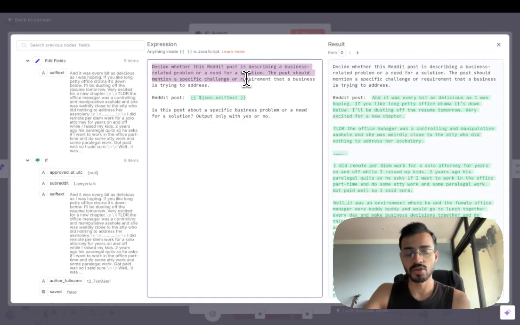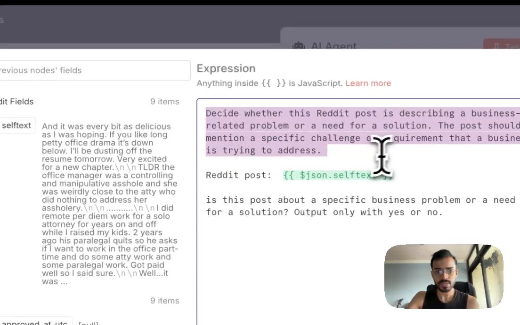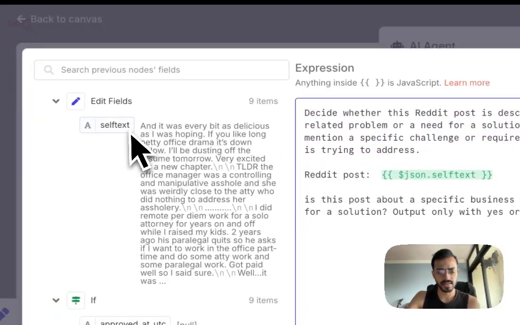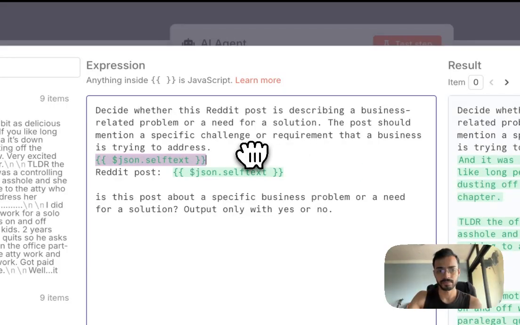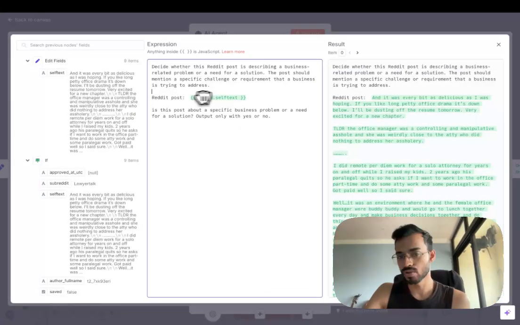The post should mention a specific challenge or requirement that a business is trying to address. And then I simply take the output from the previous step, and I drag this right here, right? And then I say Reddit post this, and then I ask it, is this post about a specific business problem or a need for a solution? Output only with yes or no.